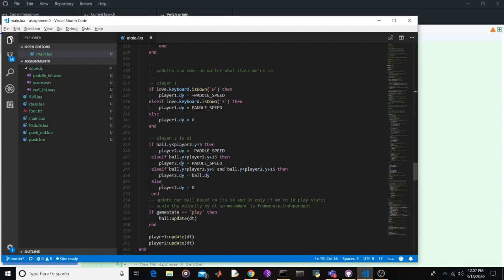The y coordinate of paddle 2 is the top left corner of the rendered paddle. So if the y coordinate of the ball is above the y coordinate of the paddle plus 5, that means the fifth pixel below the top left pixel of the rendered paddle,